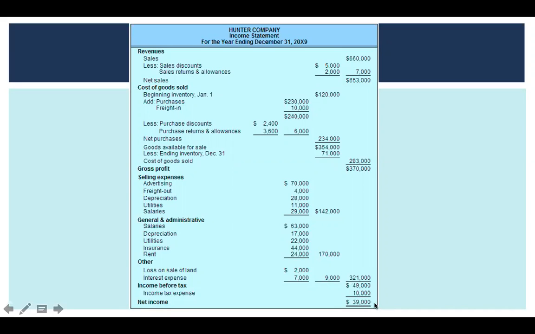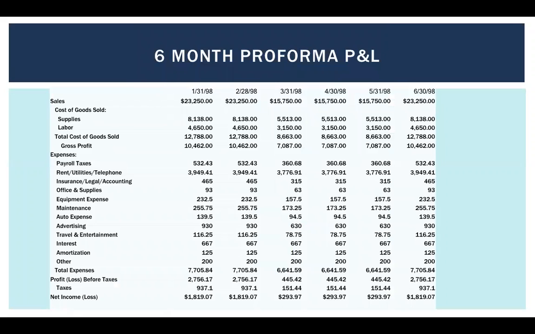That could either be divided between, and in some cases, the salary may include, the owner may put their salary up in here. Sometimes the owner may take it out from net income at the end. It depends. This may be distributed to shareholders, however you want to look at it. So that's a pretty simplified, rolled up version of what an income statement would look like. I want to transfer that.